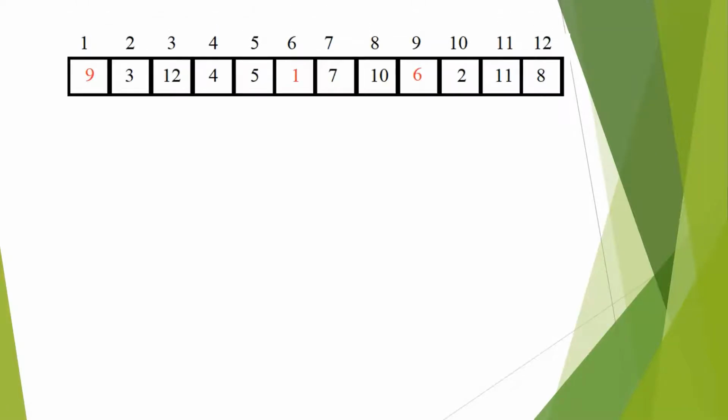Let's understand the solution with an example. Suppose we are given this permutation of numbers from 1 to 12. What we do at first is, the first number to be placed is 1. The second number is chosen such that it is the element at which 1 has to be placed. So 1 has to be placed at this position where 9 is currently residing. So our second number would be 9.